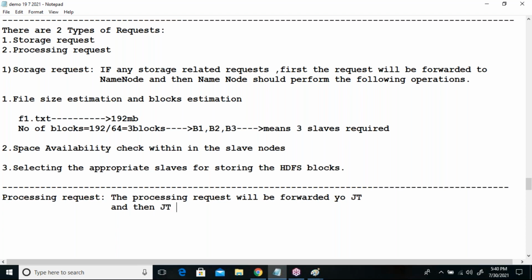And then job tracker requests for metadata to name node. Once it provides it,